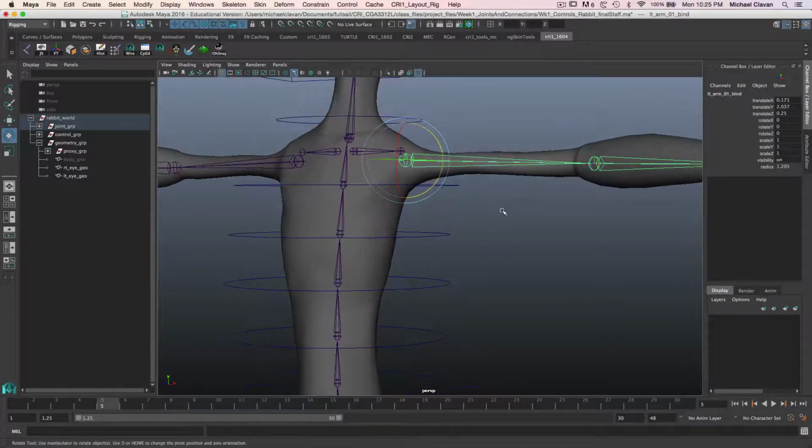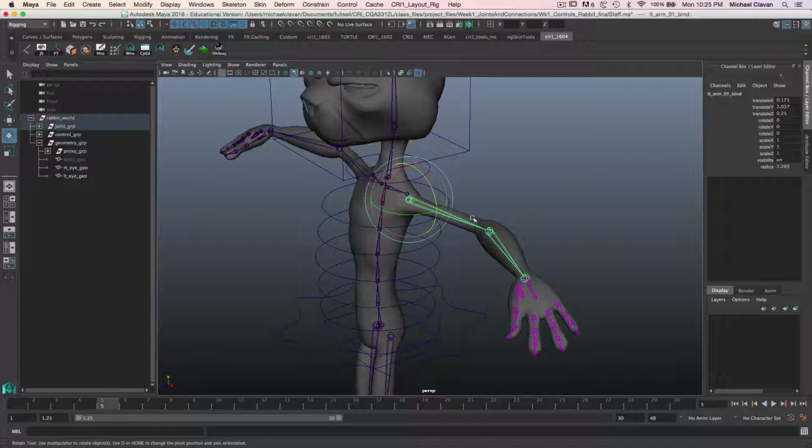So why are we doing this? What's the purpose of this? This system to build is very, very fast. It takes a quarter of the time, not even a quarter of the time, much less than that, than doing the final bind on the character. So this is something we do really quick, pass off the character for the animator to animate while I'm completing the bind. It's also very low